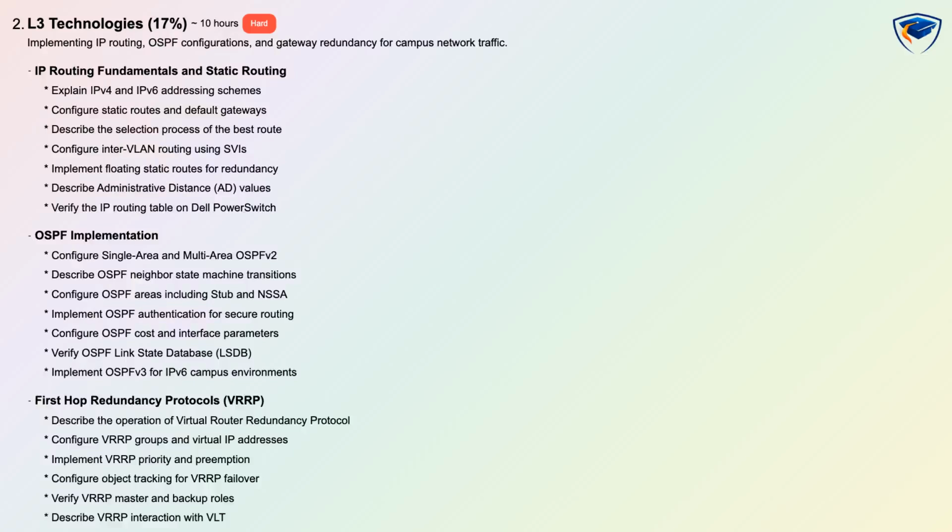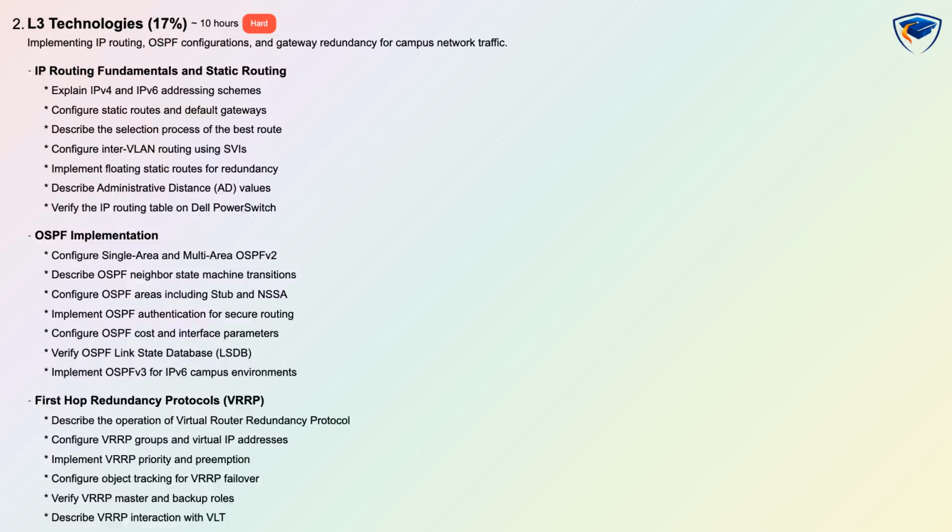The OSPF section teaches single area and multi-area configurations, neighbor state transitions, stub and NSSA areas, authentication and OSPFv3 for IPv6, along with verifying the link state database and tuning interface costs. You will also configure first hop redundancy with VRRP, set up virtual IPs, priority and preemption, object tracking and understand